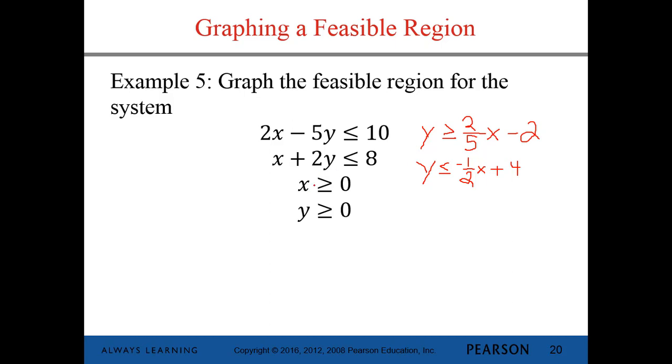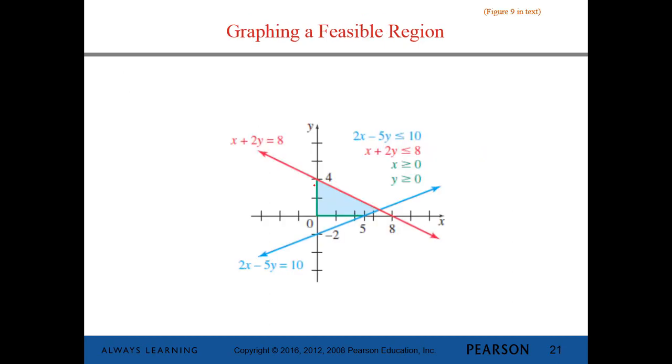But if we put all of these together, we get this. So again, we plot these lines. So here's this line, and here's this line. In this case, we're greater than this line, so we're above this line, but below this line. So we would be in between these two lines, but then we want to be above the x-axis and